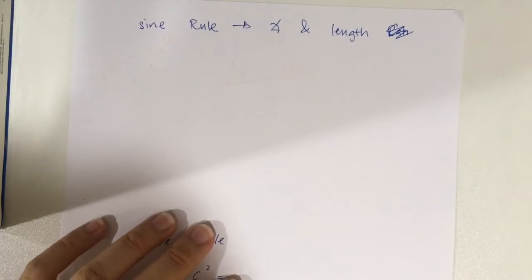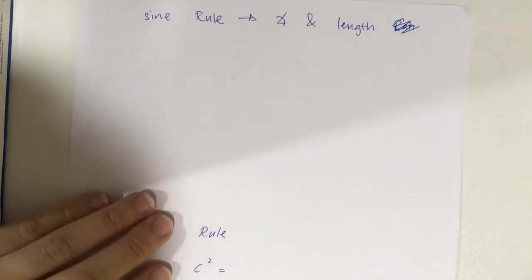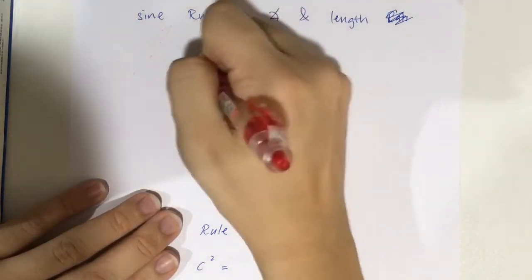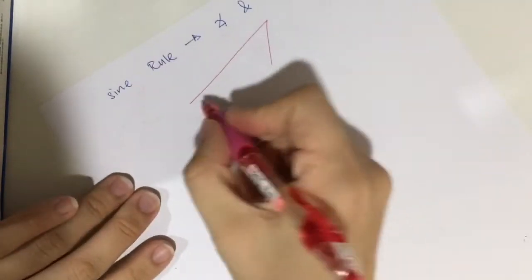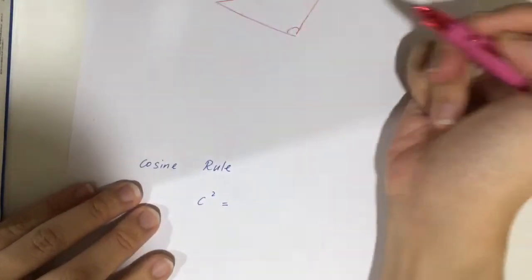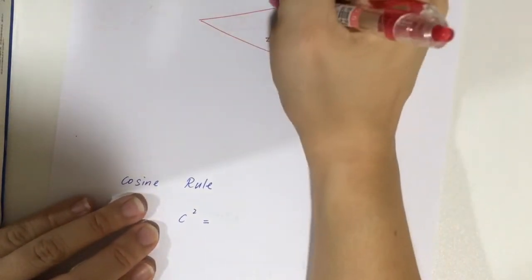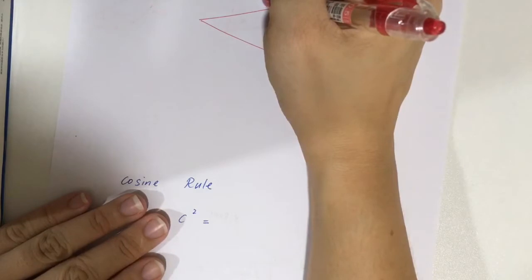Next two, which is sine rule and cosine rule. Okay, now sine rule. Let me draw the triangle out first. So, a non-right angle triangle. If this is what we call angle A, then this one will be length